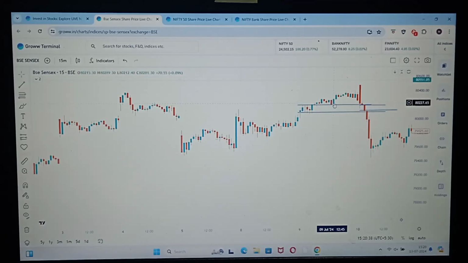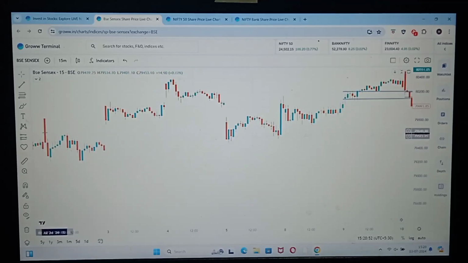here we can make a re-entry, green candle. You can see again we can make a green re-entry, and we can book 100 points here. See, you can see these 2 consecutive green candles. So again profit